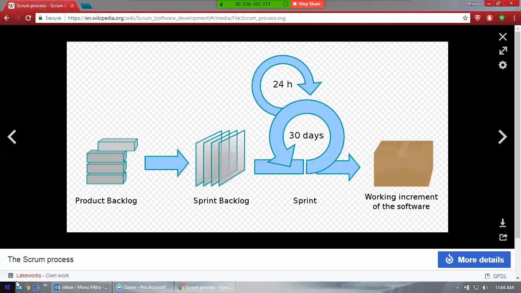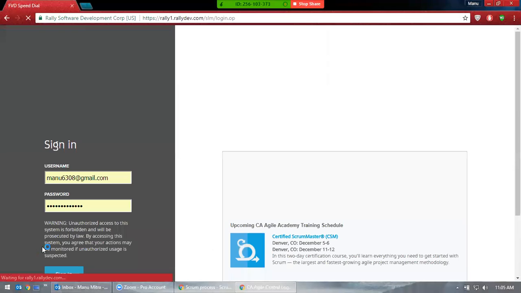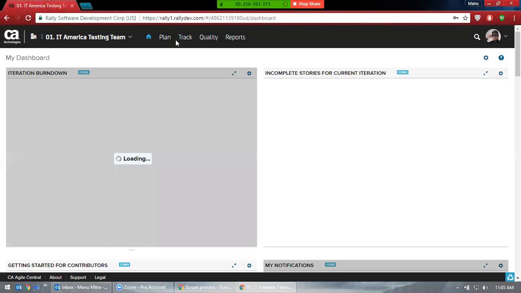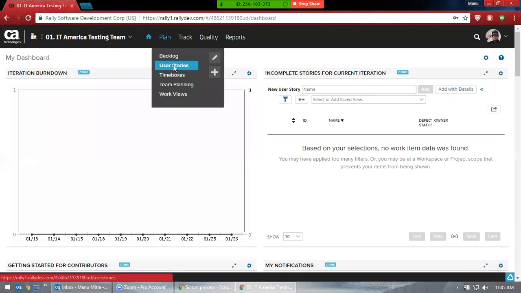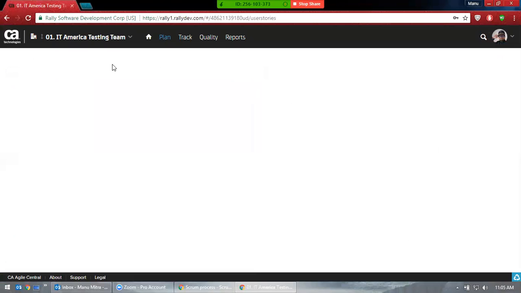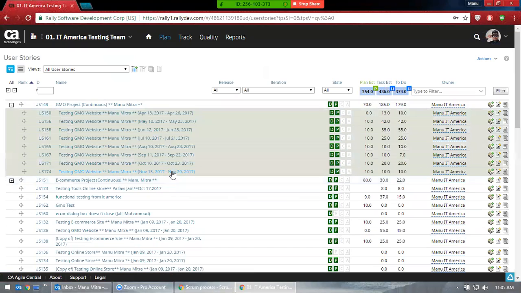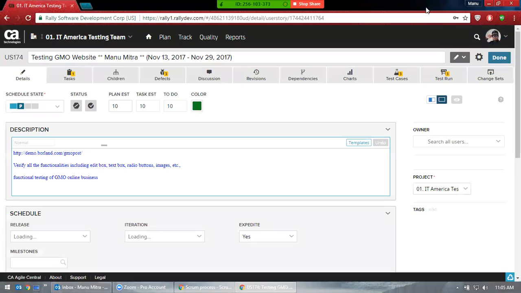I hope everybody knows what a user story is. Let me show you, for people who don't know. We have written a lot of test cases. We always write test cases and defects, and they are based on the user stories. You see this? So this is what a user story is. You go here and you see here. So this is the user story. I hope everyone has gone through it.